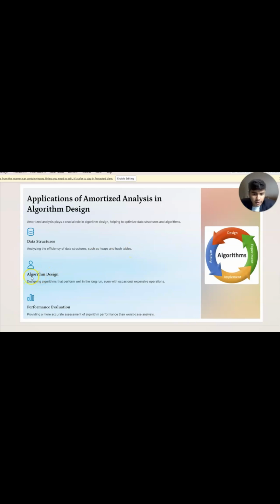In algorithm design, it helps design algorithms that perform well in the long run, even with occasional expensive operations, which is the main advantage of amortized analysis. In performance evaluation, it provides a more accurate assessment of algorithm performance than worst case analysis.